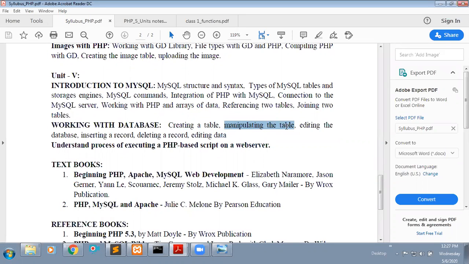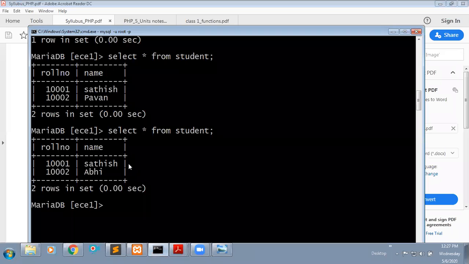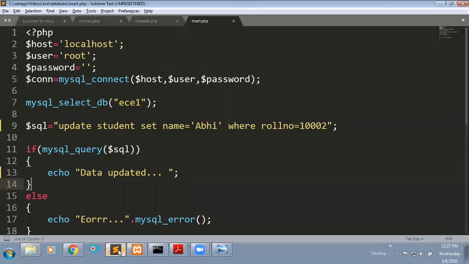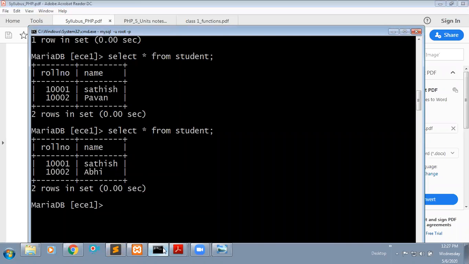Manipulation means the same thing, updation, deletion, those are editing the databases. If you want to drop your database, or rename your database, you can. Inserting a record means just inserting one row. Simple. We did the same thing by using a PHP file, right? That program you need to remember.